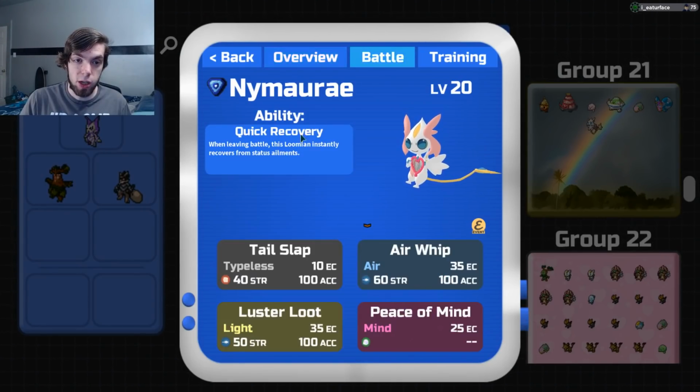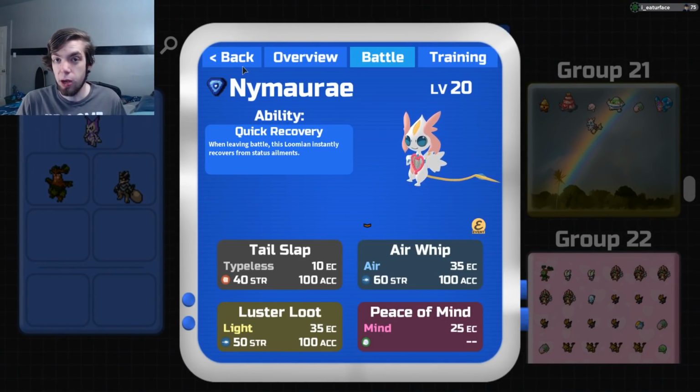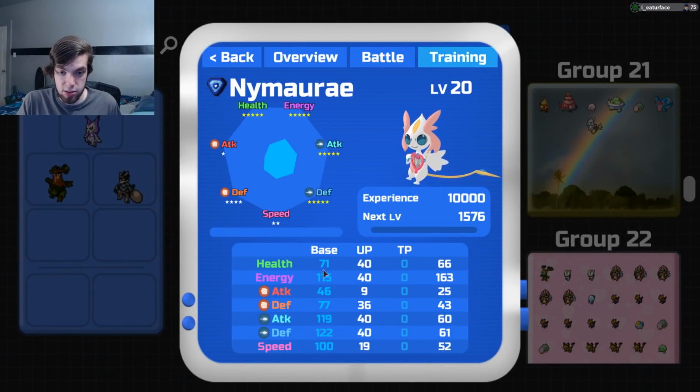Anyway, ability-wise, your normal ability is Quick Recovery. If you don't already know, that's if you have a status and then you swap out, well, you no longer have that status. And then its secret ability is called Incandescent, and that boosts the power of light-type moves by 25%. Your stats include 71 HP, 115 energy, 46 melee attack, 77 melee defense, 119 range attack, 122 range defense,